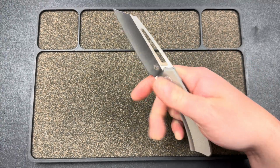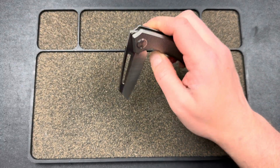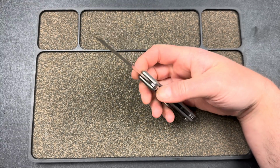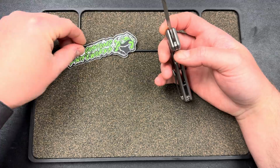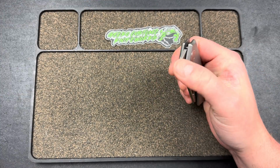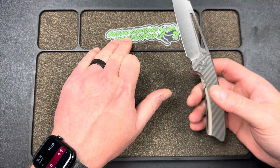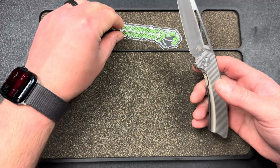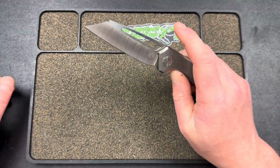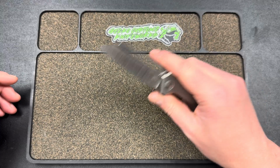So he did tell me that he was hoping to have some for Blade Show. He has a booth at Blade Show this year, so definitely check out Steven's booth. It is Gecko Customz. So check him out. And he does actually make his own knives as well. I'm not sure if he's made fixed blades. I think so. He was working on a CNC knife with, I can't remember the name, just like we were actually. I think that's how